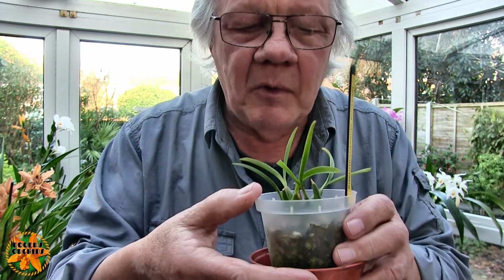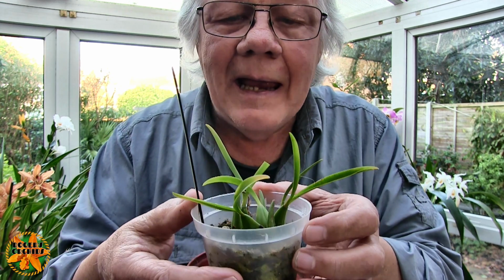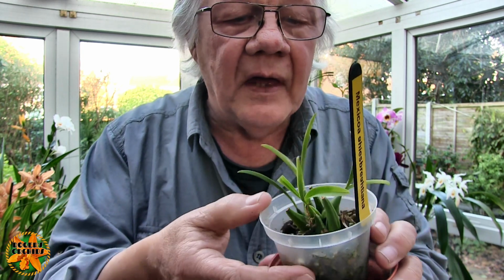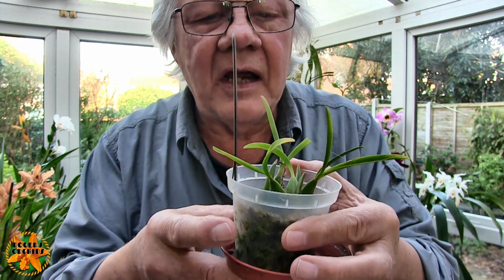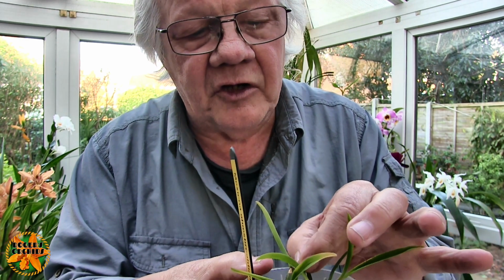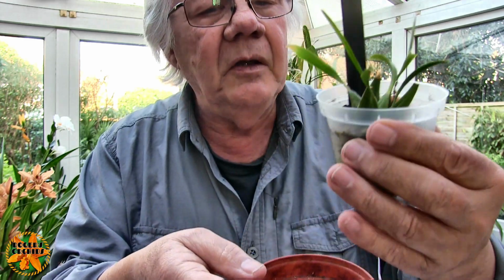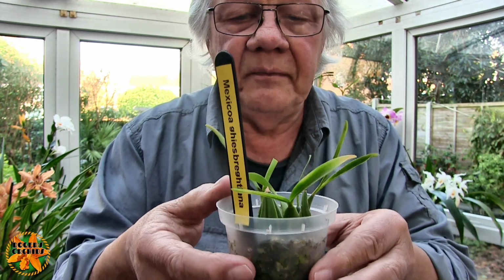So obviously when it's in active growth it'll drink and it'll feed. But it's not doing anything at the moment. So since it was taken off its mount and put in a pot, it hasn't deteriorated. The bulbs that are there are still plump, and it's hanging on, and that's all I can say about this. I'm hoping that with the higher temperatures into next year, it will come back into growth. But it's not a hot grower or anything like that. So hopefully we will get some roots going and get some more progress on this before the next time we